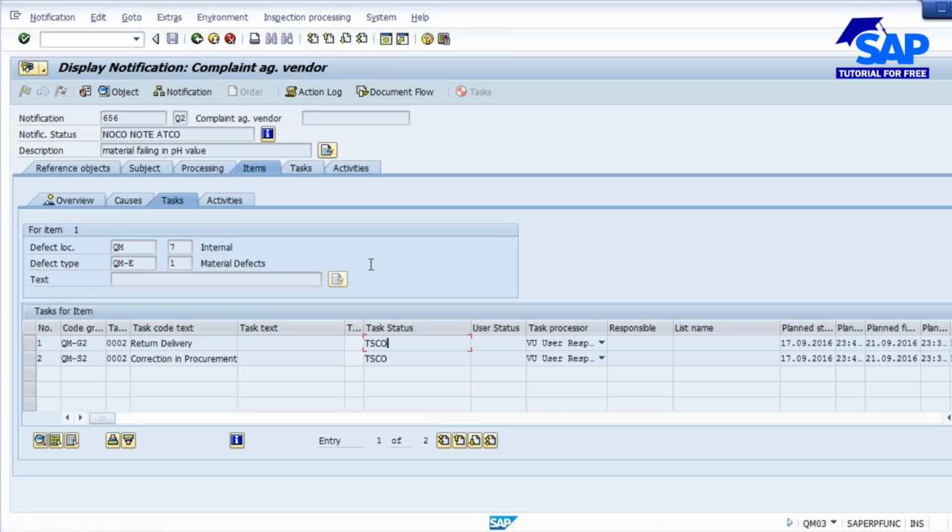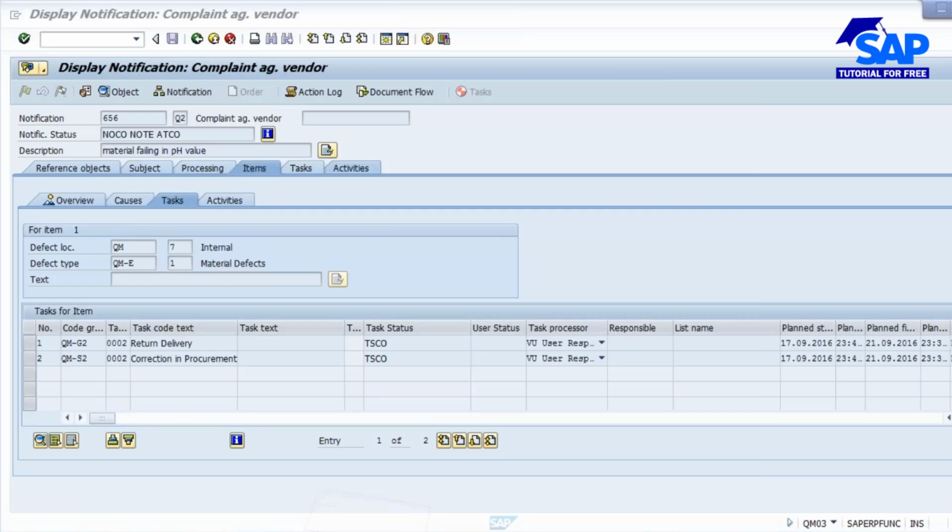Normally that is done after the results. So when we find that there is a problem with the material, at that time we'll create a notification. Then we'll fix all these issues, and we'll close the notification. And after that, again we'll do one more time UD. Is it? No. UD you will be able to do only once for any lot.